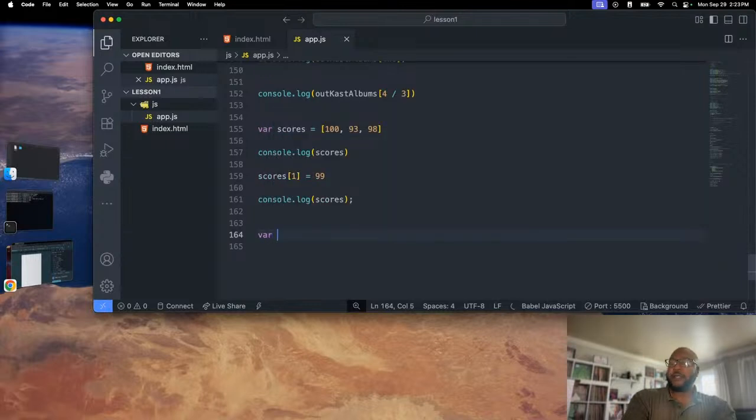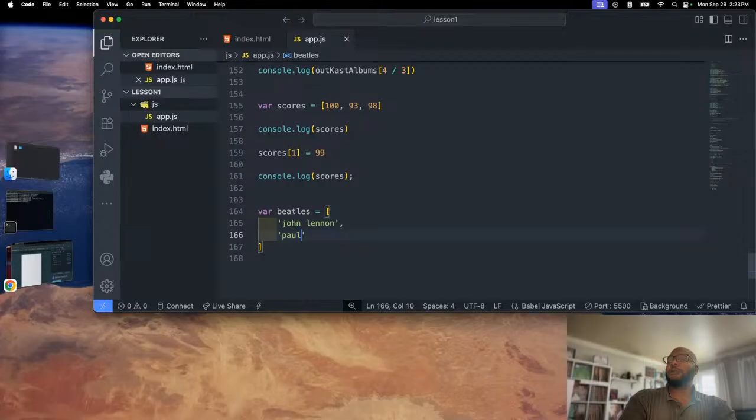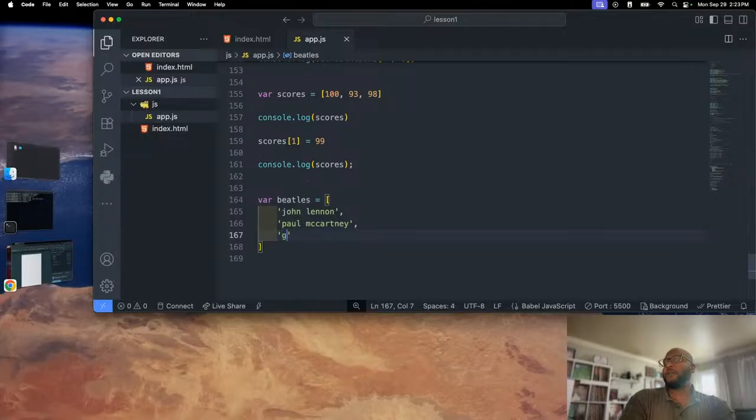And in the example, we said var Beatles gets John Lennon, Paul McCartney, George Harrison,